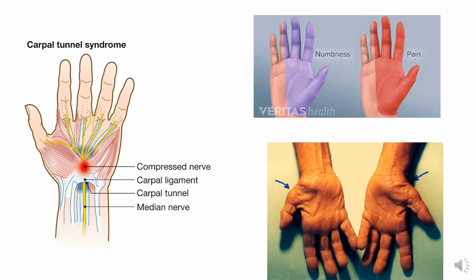So what is carpal tunnel syndrome then? This occurs when the median nerve is compressed in the wrist as it passes through the carpal tunnel. It is a common condition, especially in women between the ages of 30 and 50 years. There is pain and numbness in the hand and wrist affecting the thumb, index, and the middle finger. So here you can see pain and numbness. Numbness means no feeling of sensation. Okay? There can be pain or numbness.